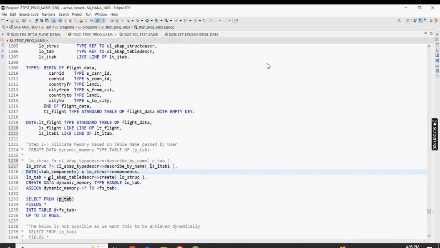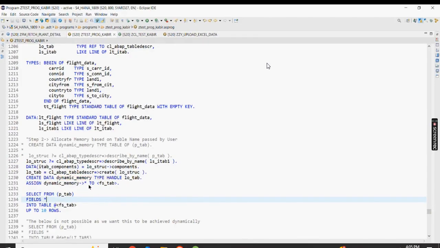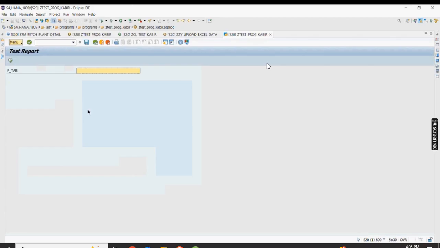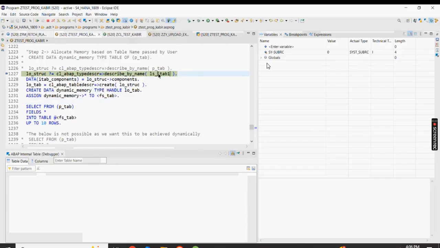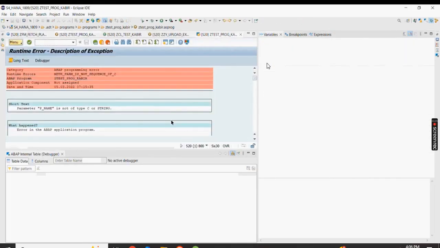So LS_ITAB1. And now see this. And select from P_TAB. Yup. So now if I put a breakpoint here, okay, and now if I do an F8, suppose SPFLI, so LS_ITAB1, now if you do F6,